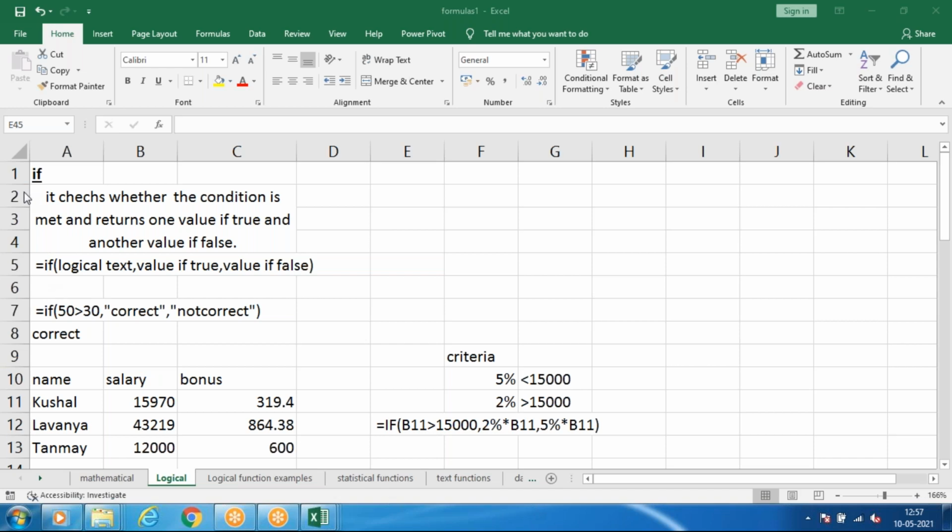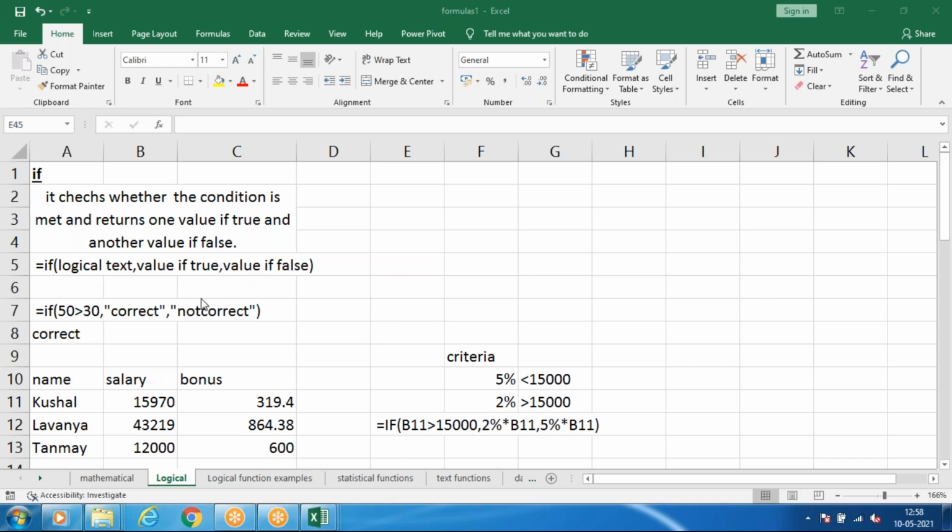IF will work like this. First a logical test, then the value if it is true, then the value if it is false. So if the logic is correct, based on that we are going to work.